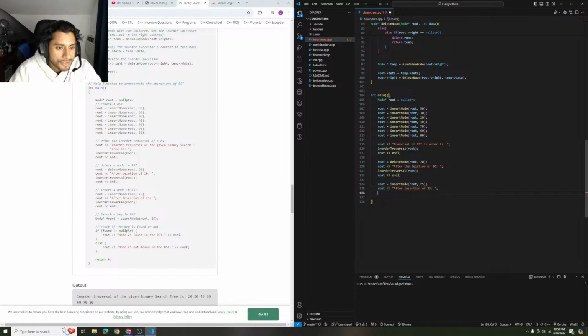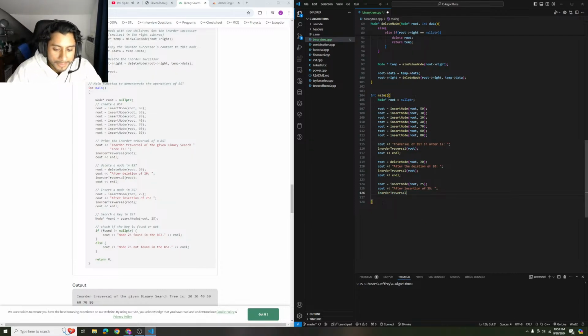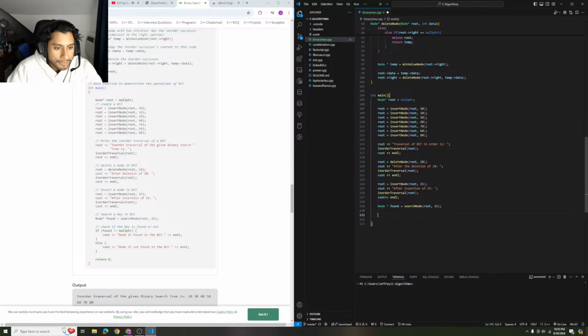Okay, so then after the insertion of 25, we're gonna traverse the tree again. Search a key, okay, we're looking for 25. Check if key is found or not. So then if found does not equal null pointer,